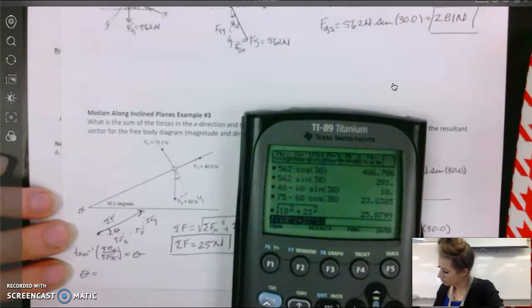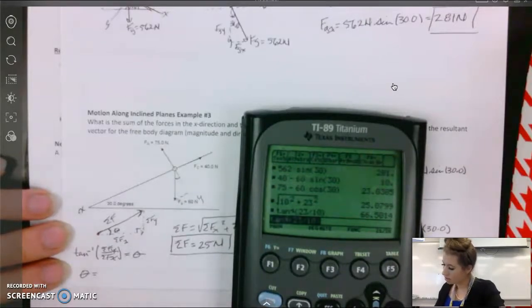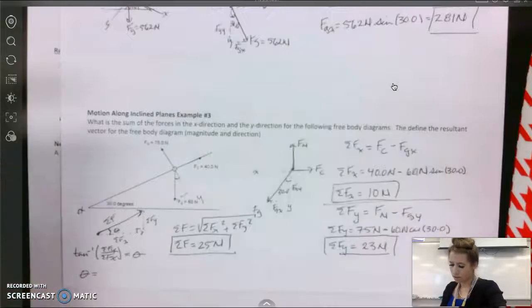So tan inverse of the sum of the forces in the y, 23, divided by the sum of the forces in the x, 10, and that gives us 66